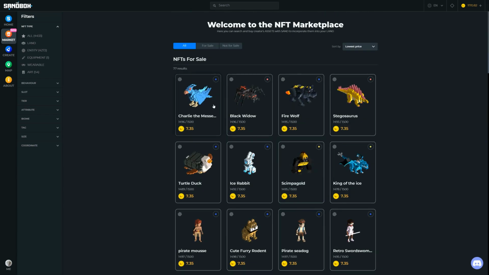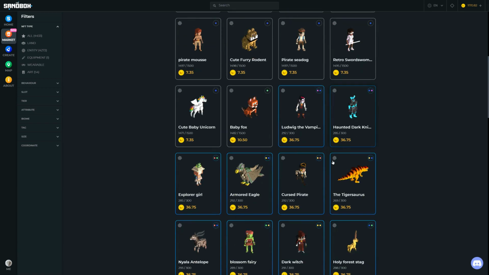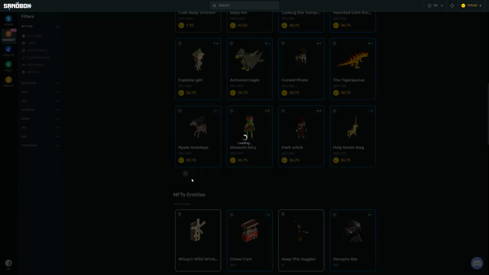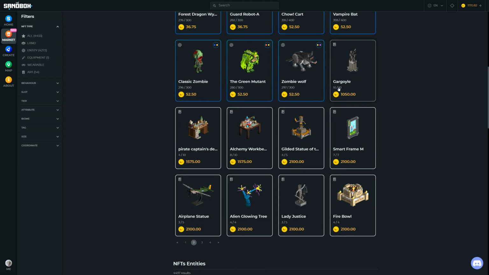These ones are all what we call common NFTs. There are 1,500 of these common ones. Here we're getting into the rare ones. For the rare ones, there's only 300 of those, and I think for the legendary ones there are less than 10. I think the artist can choose how many there are, but we obviously see a very big price differential as we move